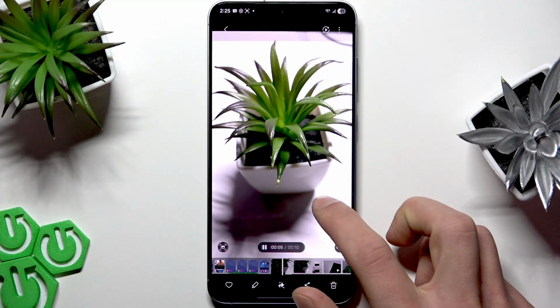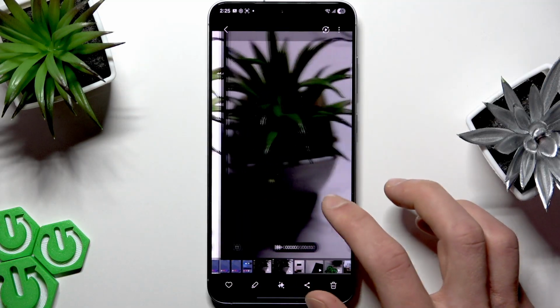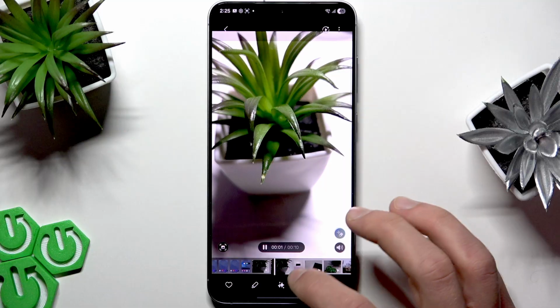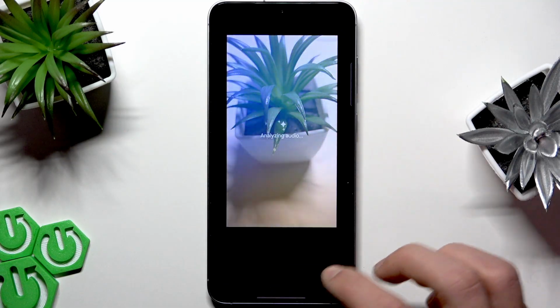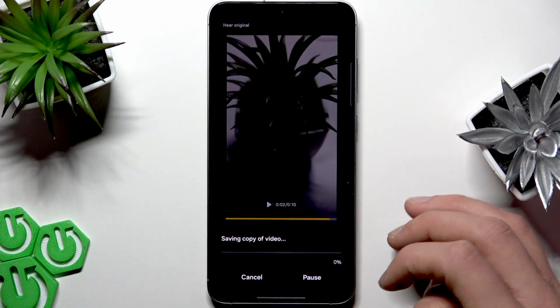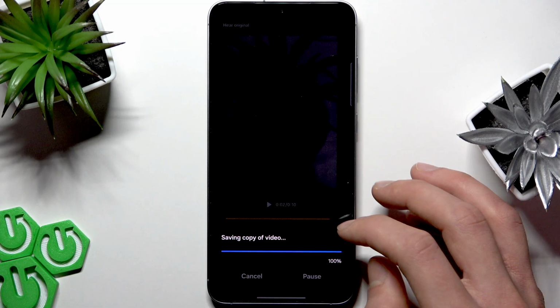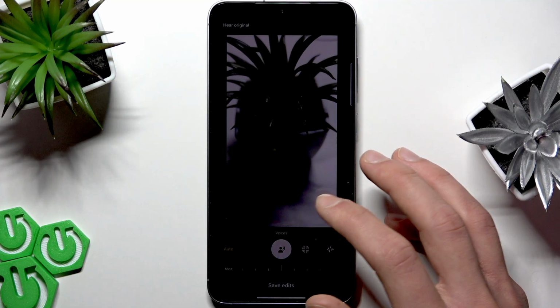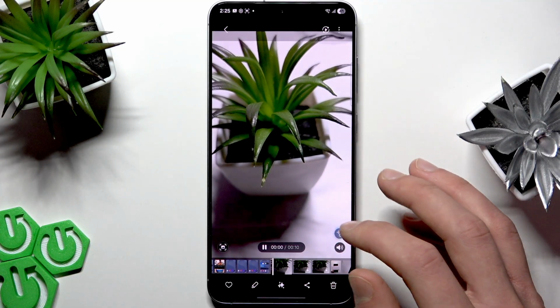Okay, so I erased my voice in this one. So let me do it once again. Let's use auto eraser tool and save the edit, and let's play it once again to hear if we